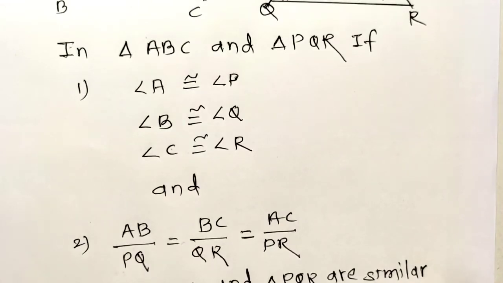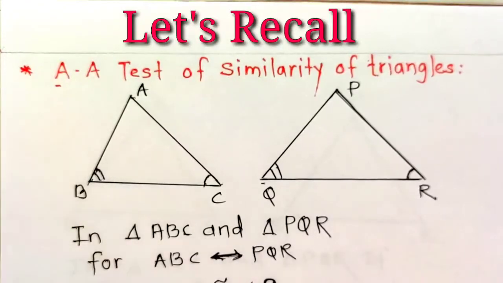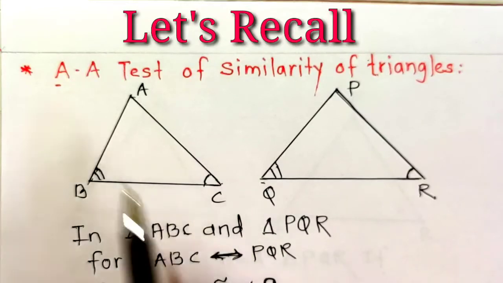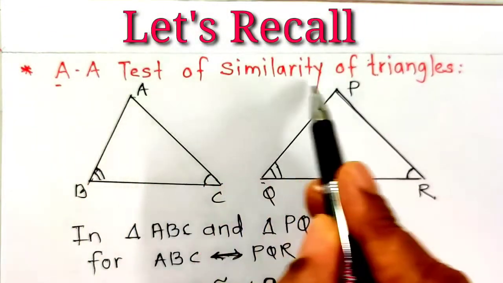Now let us see the next concept. Here we see these similar triangles. There are 3 pairs of corresponding sides and 3 pairs of corresponding angles, that means 6 pairs. So there is no need to prove every time that all 6 pairs are congruent or in proportion. Only 3 pairs or 2 pairs need to be congruent or in proportion, and then we can write these triangles are similar by some test. So let us see the tests of similarity of triangles. The first test is the AA test of similarity of triangles.